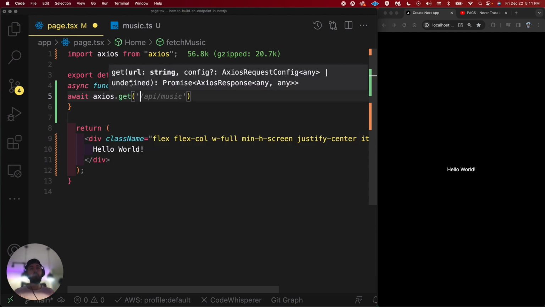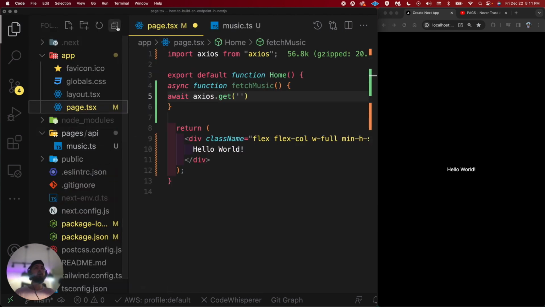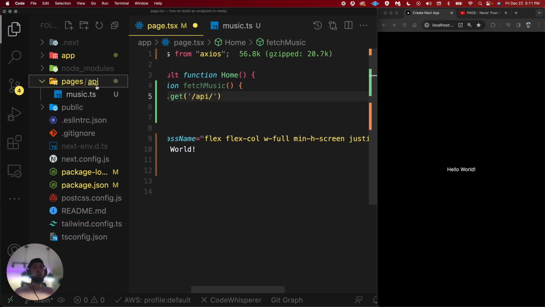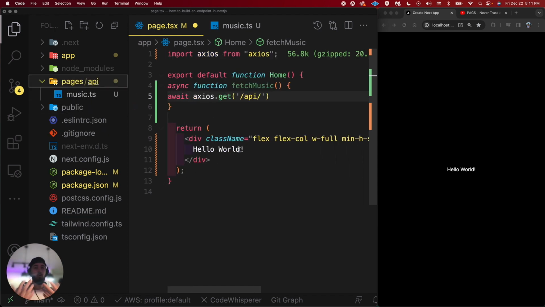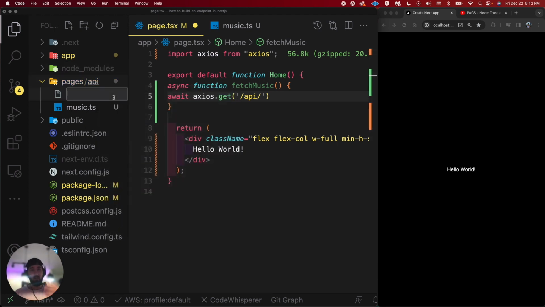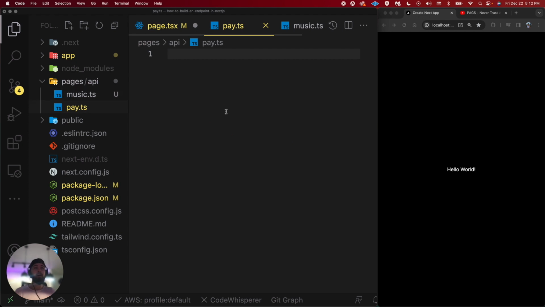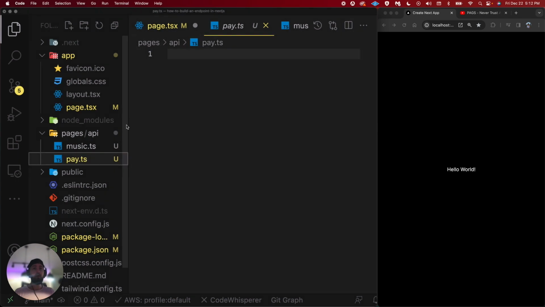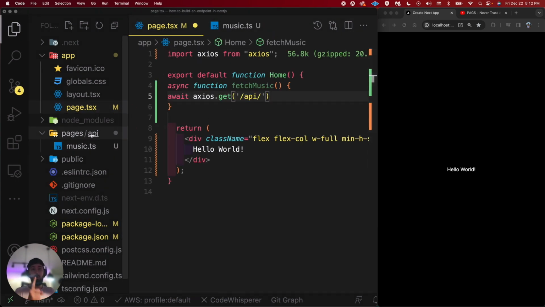axios.get. And in Next.js, it's so beautiful. It automatically will get us to the API right here if we just do /api, and then we just need to tell it which file we want. Because let's say down the road we build more than just music. Maybe we also have a labels function. Maybe we have a videos function. Maybe we have an API that's artist specific, or even pay for how much these records are making. Maybe there's things like that, and they would be their own API with their own data, with their own logic. I'm going to delete it, but it's important to just understand that we're first going to the API, and then